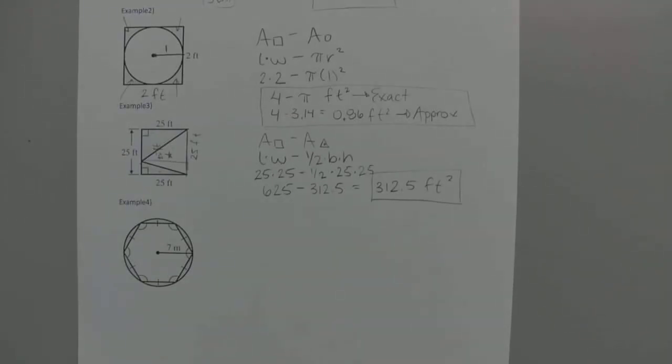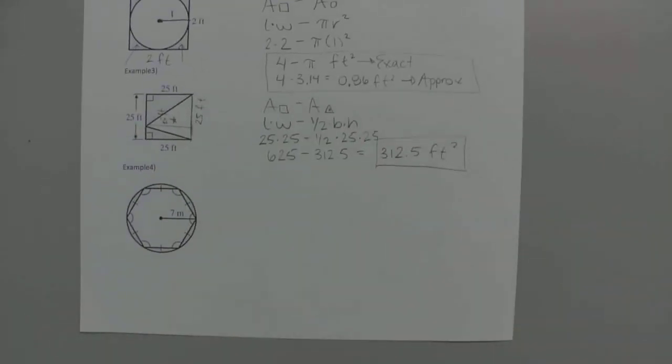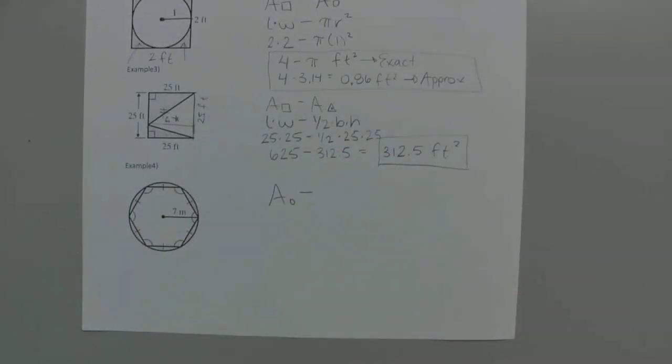The last one, guys, I want to kind of just do the first sentence, say, okay, what should we do, and then what should we subtract out? The reason why I don't want to stress about the actual formula is because the formula for a hexagon is actually quite difficult, and we're not actually ever going to see a hexagon. So it's just the concept I want you to see. Like, what is the outside shape and what is the inside shape,